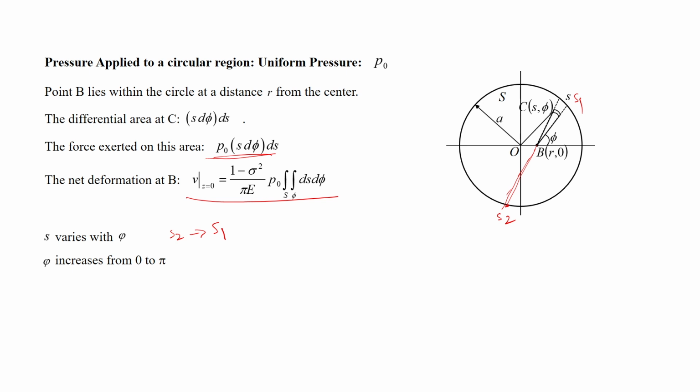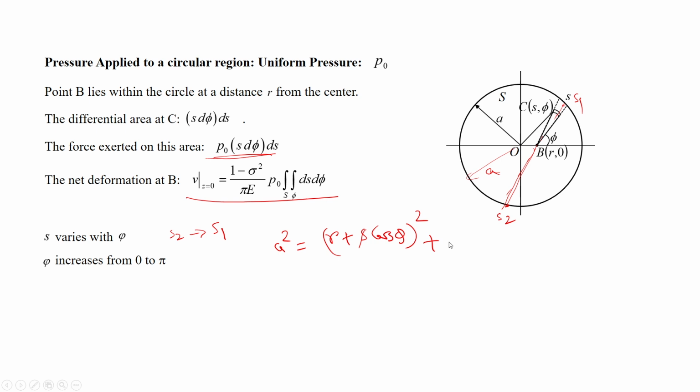So, how do I find S? That is the question here, and it can be easily found by solving the following equation. Let us say we need to find this distance S. You know that the radius of this contact area is A. So A square is equal to R plus S cos phi, whole square,